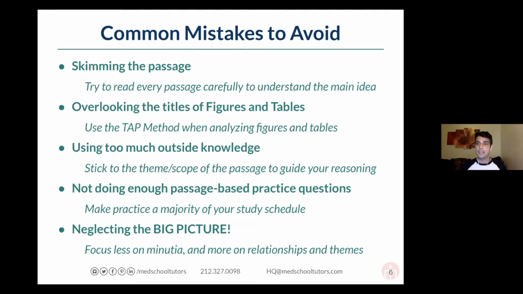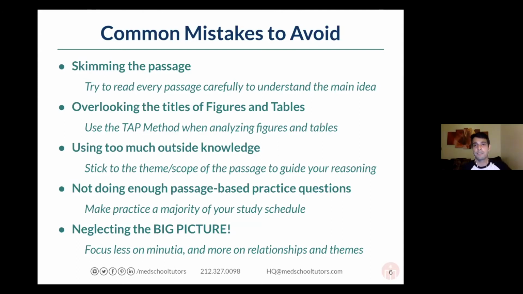And I know it can seem a little nerve-wracking at first because you're timed, you're on the clock, but I promise that investment actually pays off in the questions. You'll be able to see through a lot of the questions that are thrown at you and understand how to go about them. And that's something that can really build with time. But I'd say get in the habit of reading your passages really carefully and trying to grasp the main idea rather than just speeding through. And absolutely do not look at the questions before reading the passage in its entirety.